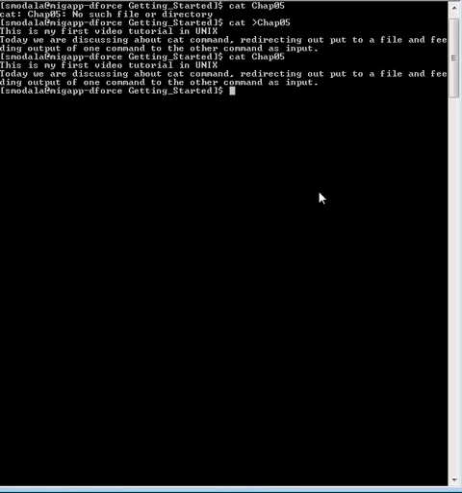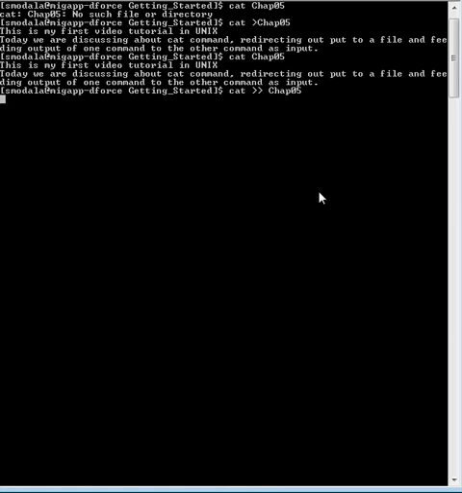So what if you want to append data to this existing file? Let me tell you first what happens with cat greater than chap05 again. We are trying to write data into the same file, the existing file. If you issue this command, it will overwrite the content of the existing file; the previous content will simply be gone. So what if you want to append data to the existing file? Simply use one more greater than and press enter.